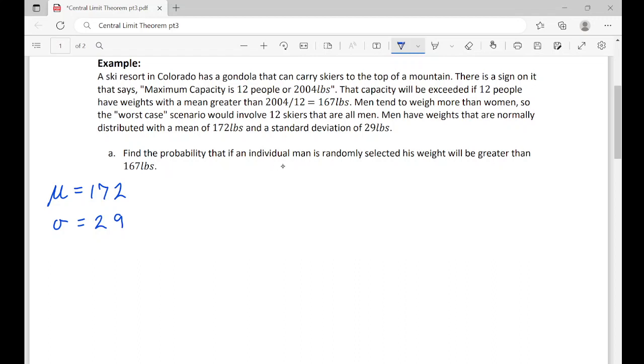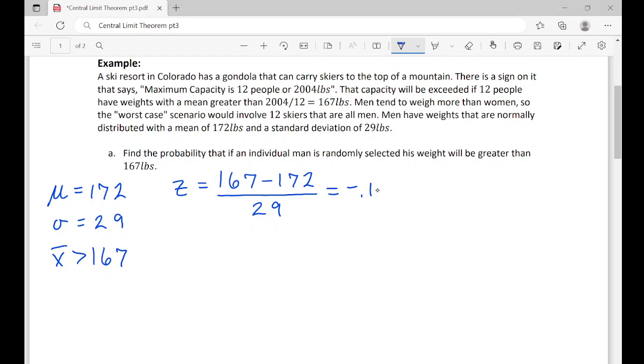So the probability of a randomly selected man having a weight greater than 167, so that's our x bar, and it's going to be greater than 167. Once we have all that, and we know we're dealing with an individual, we use the formula for an individual. So z equals 167 minus 172 divided by 29. Run that through our calculator and we're going to get negative 0.17. And since we want it to be greater than 167 pounds, that means for our z-score, we need everything to the right of negative 0.17. We're going to do normal CDF